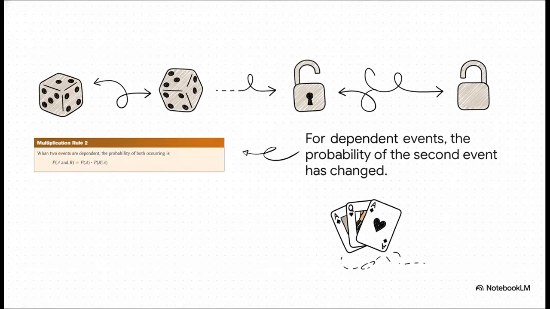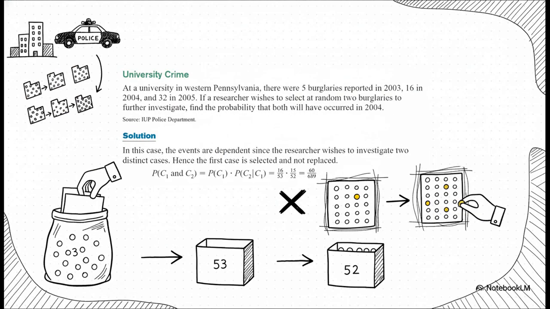But for dependent events, things get a little trickier. We still multiply, but we have to adjust the odds for that second event. Basically, we multiply the probability of the first event happening by the new probability of the second event now that the world has changed just a little bit. Take a look at this crime data. The probability of the first case we pick being from 2004 is 16 out of 53, okay? But once we pick that case and we don't put it back, what's the chance the second case is also from 2004? Well, now there are only 15 of those cases left, and only 52 total cases. The odds have changed, so we have to multiply our first probability, 16 over 53, by that new, updated probability,